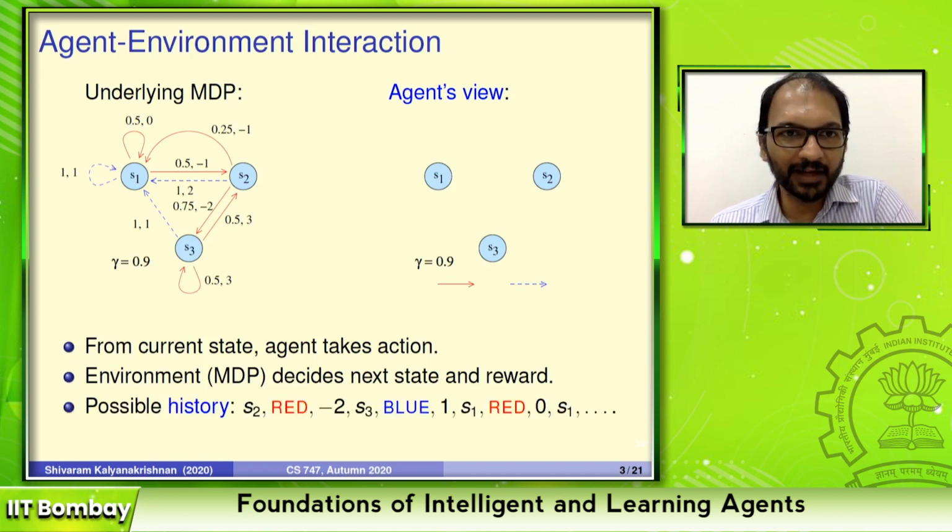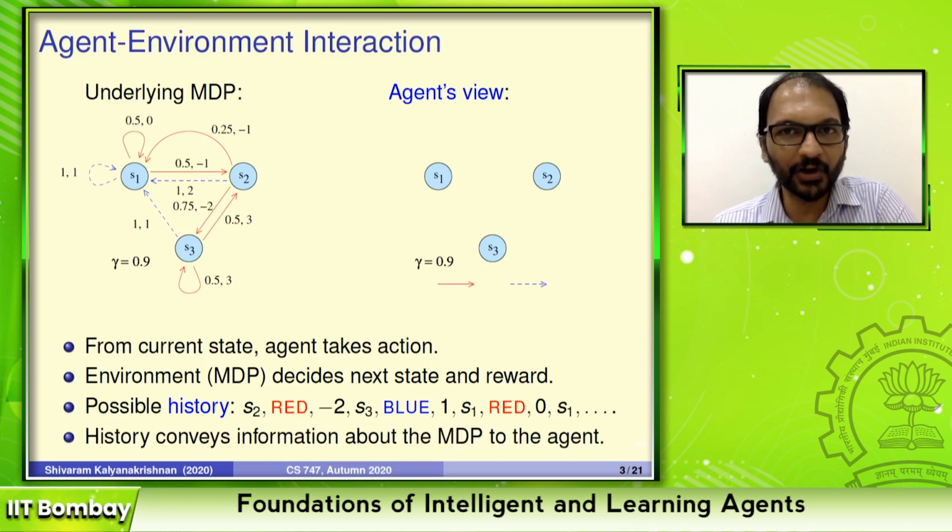So at any point of time, the agent has seen what has happened so far. From some state, it took some action, it got a reward, went to a next state, and that kept happening. So it's piecing together a little bit, based on this history, how the environment might be. And based on this, the agent has to decide what to do in order to maximize its reward. So it depends on history for doing this. Okay, so this is from last time.